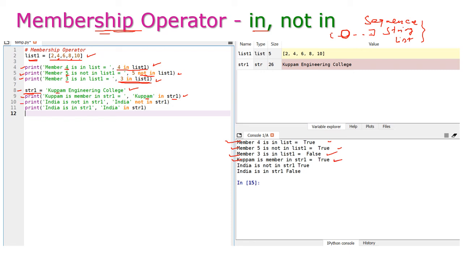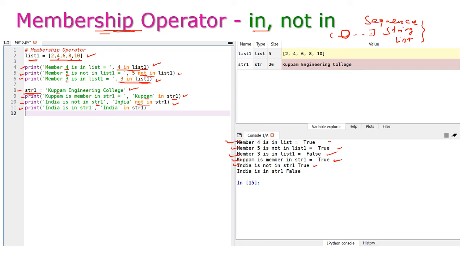And India not in str1. The word India is not in Kuppam Engineering College, isn't it? With the not in operator, this will also give true, because str1 contains only Kuppam Engineering College.